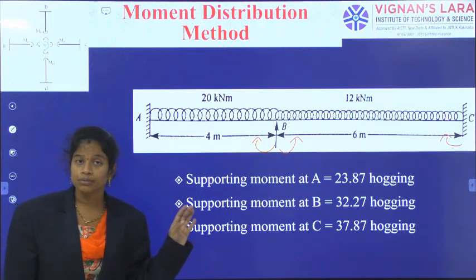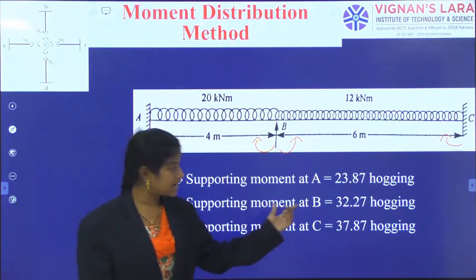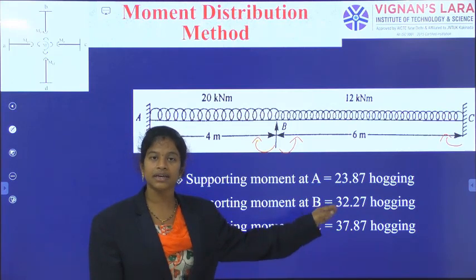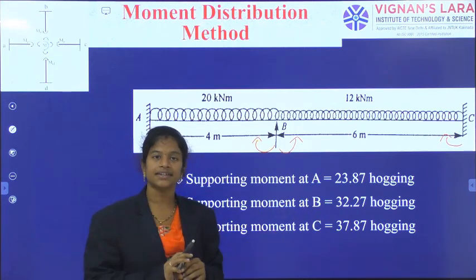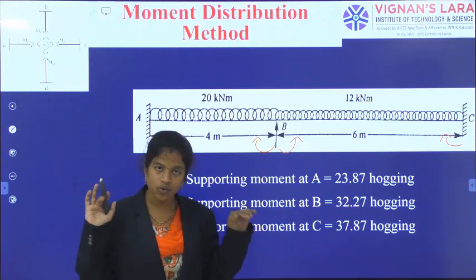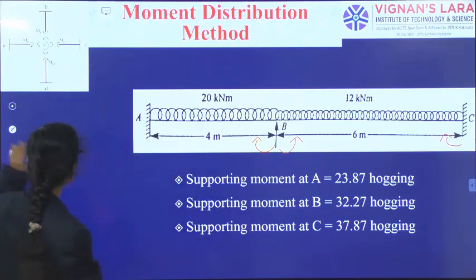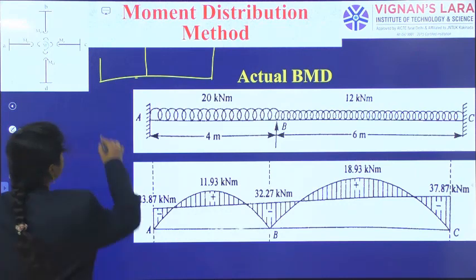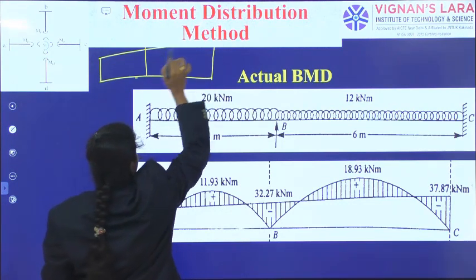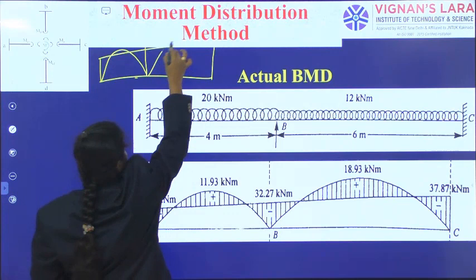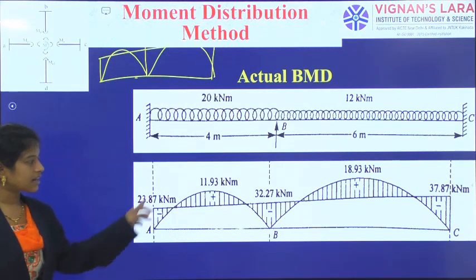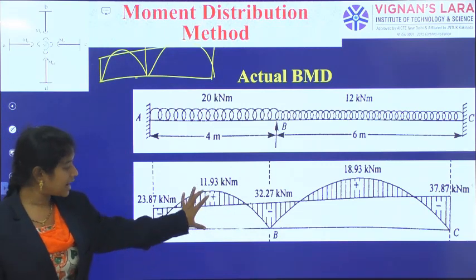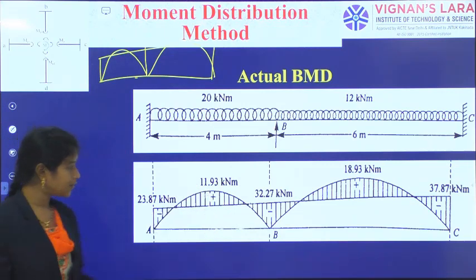In the previous problem, there is no fixed end, that's why A and C are 0, but here A is fixed, C is fixed, B is simply supported at the center. So every support is having its own support moment. Okay, so support moments we are connecting with a straight line, and then individual free BMDs we have generated. So connecting those individual free BMDs we will develop, and using the height and observing this height, you can calculate